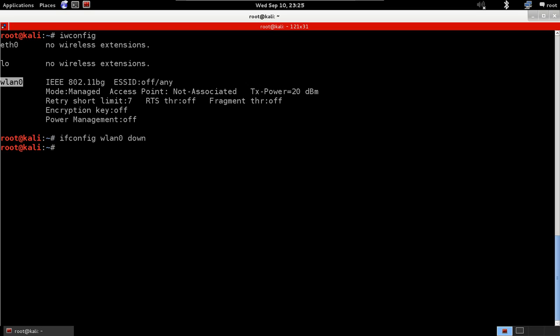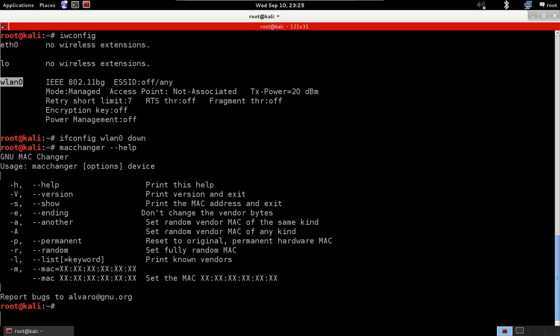Now we're going to change the MAC address. We're going to use a tool called MAC Changer. With these tools, it's always a good idea to look at the help. So if you just type macchanger --help, we'll see all the options that we can use with this tool. You can use --help, -V to show the version, and -s, --show to show your current MAC address,